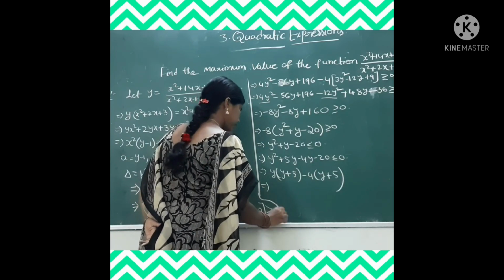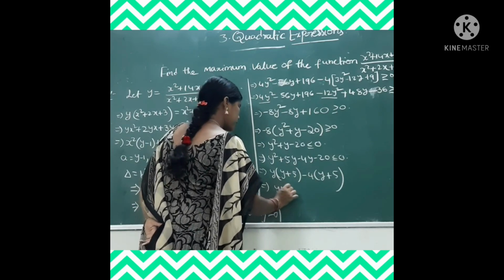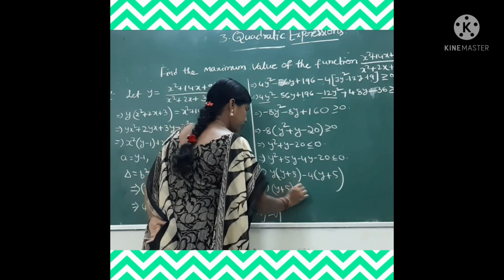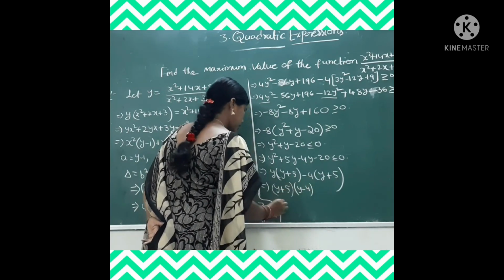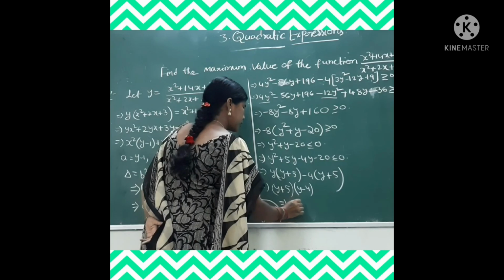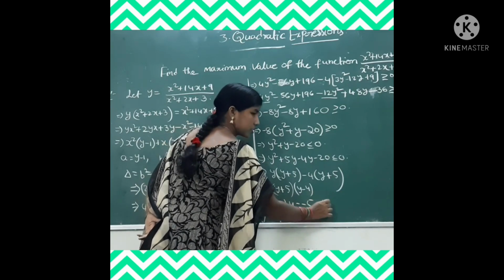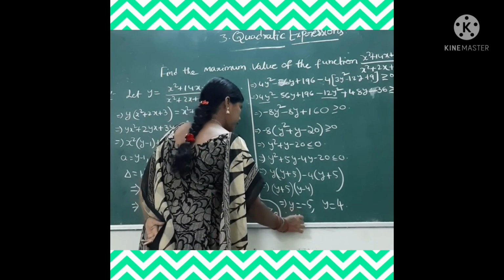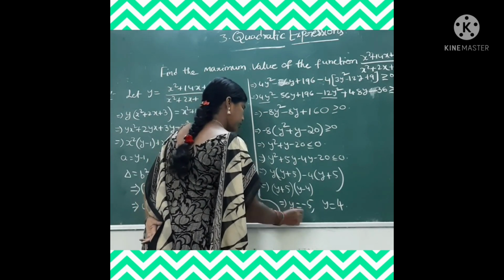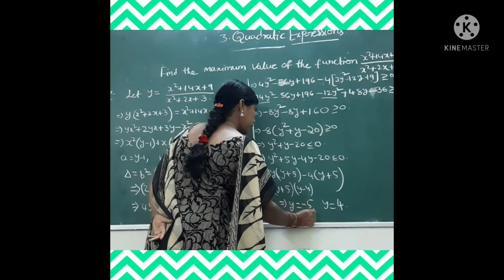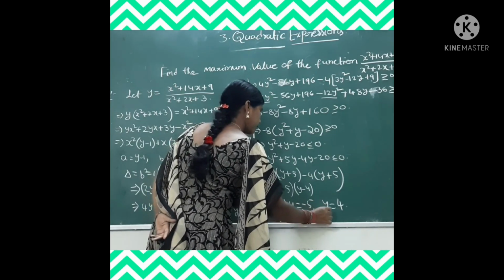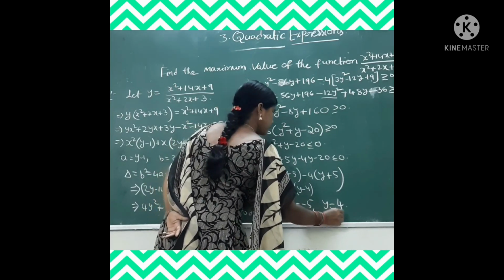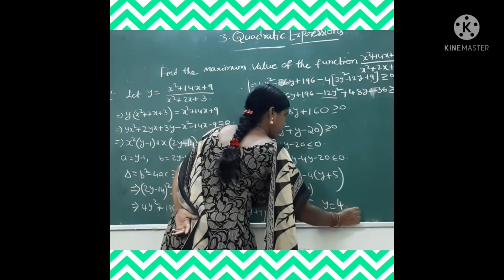And we get (y plus 5) and (y minus 4). Then y is equal to minus 5 and y is equal to 4. So therefore y is: minus 5 is less than or equal to y, which is less than or equal to 4. That implies y belongs